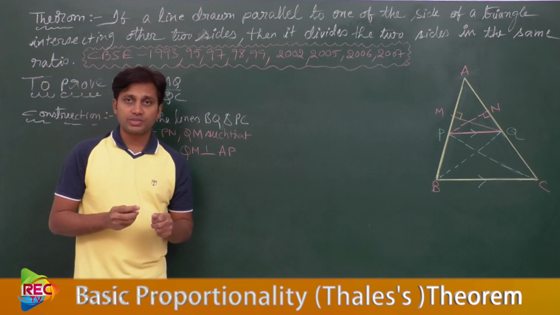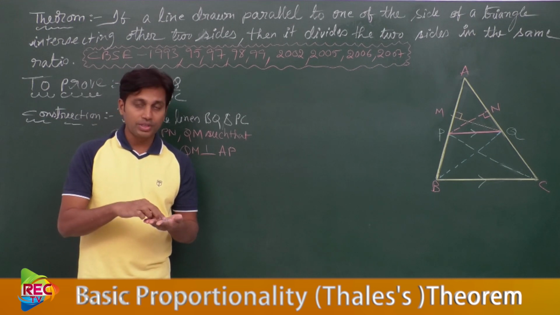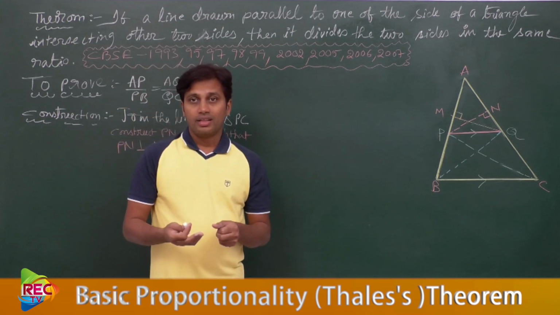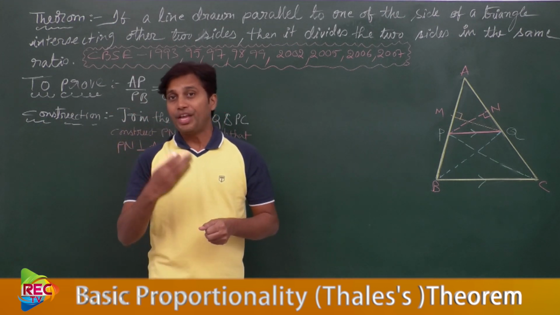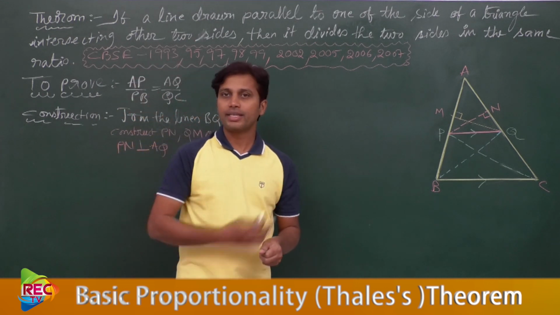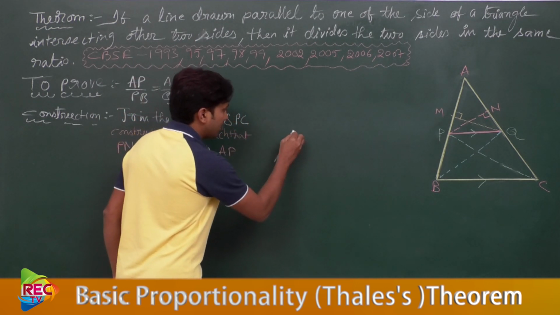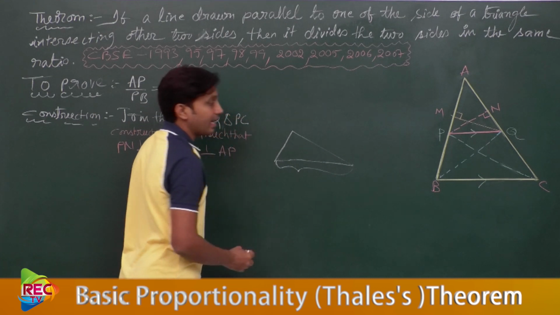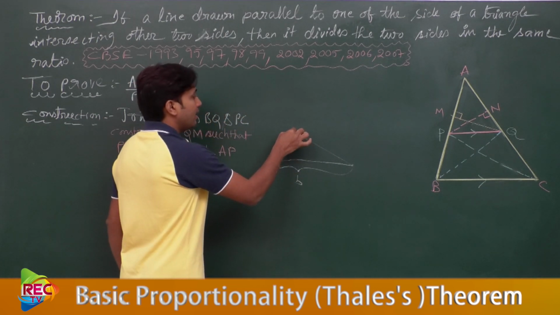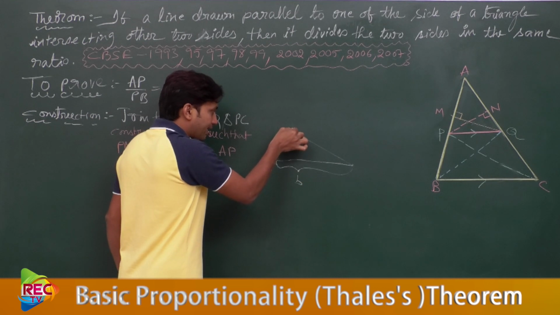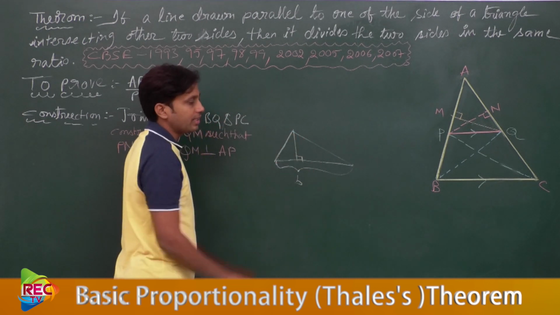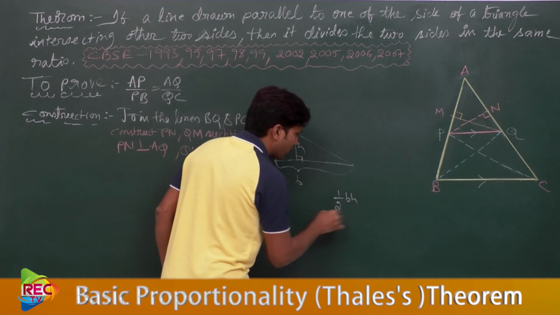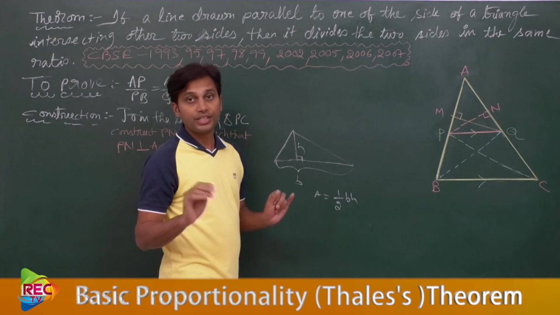Now, before starting the actual proof, I want to remind you of one property about the areas of triangles. Let us recall the formula for areas of acute angle triangles and obtuse angle triangles. If you consider an acute angle triangle with one of the sides considered as base and the altitude drawn to this side from the opposite vertex as h, then its area would be half BH.